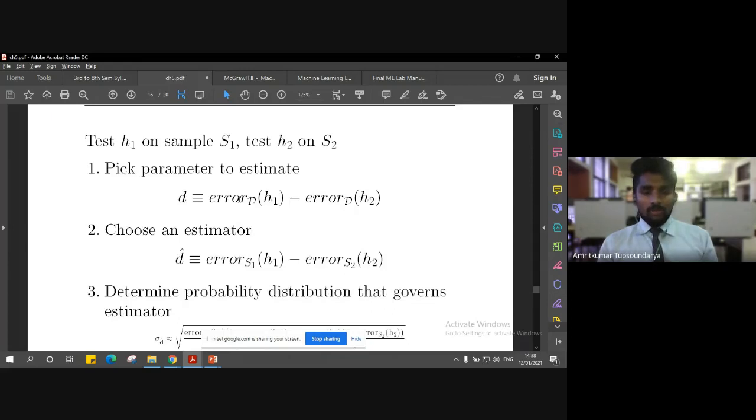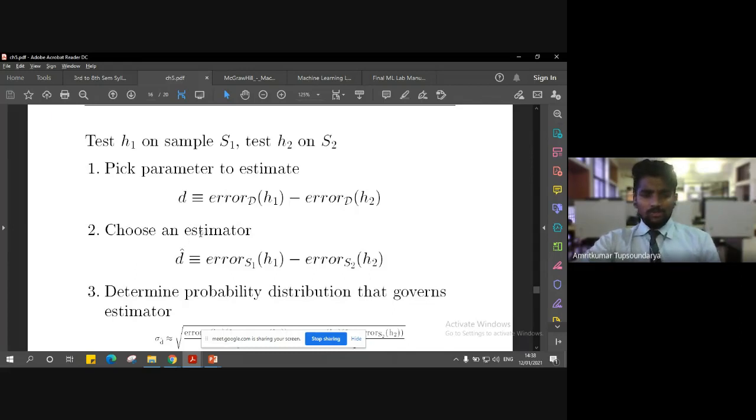So we are going to choose the estimator depending on the difference between the sample error for H1 and the sample error for H2, and we are going to name it, let's say, D cap. Please notice the difference here. D is the difference between the true errors, and D cap is the difference between the sample errors, which will be used to choose the estimator.